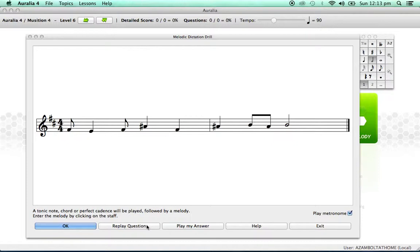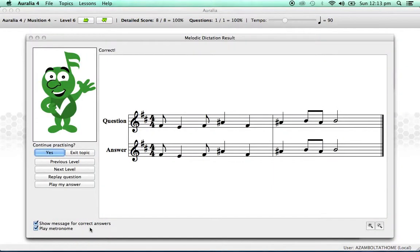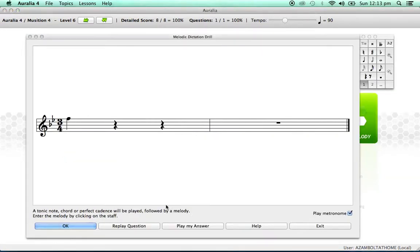If you are competent on keyboard, you can play along with it while it's playing back the answer. Okay, let's try another one. Major key. All right. So straight away, I'm thinking